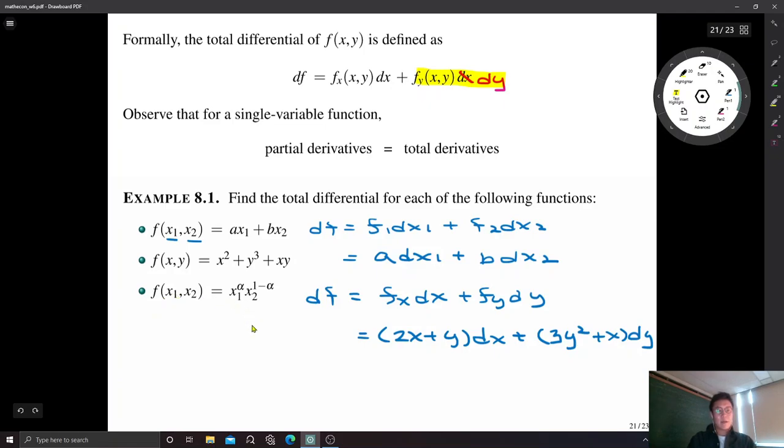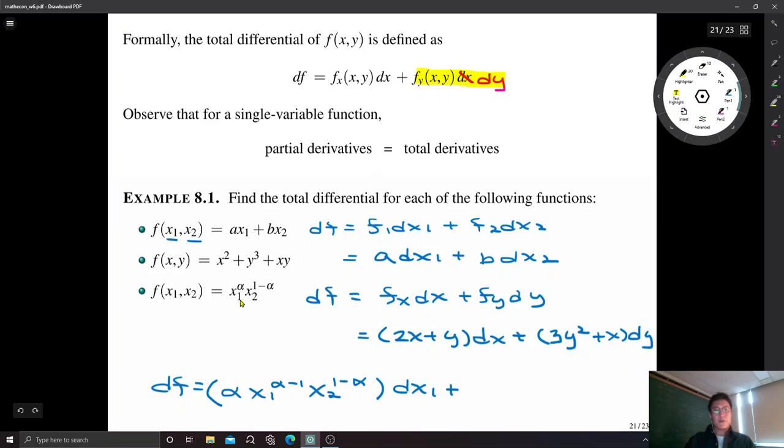Finally, we have another function depending on x1 and x2. So df is f sub 1 dx1 plus f sub 2 dx2. For f sub 1, x2 to the 1 minus alpha is a constant, so we just take the x1 to the alpha part and take the derivative using the power rule. That gives me alpha x1 to the alpha minus 1 times x2 to the 1 minus alpha times dx1,